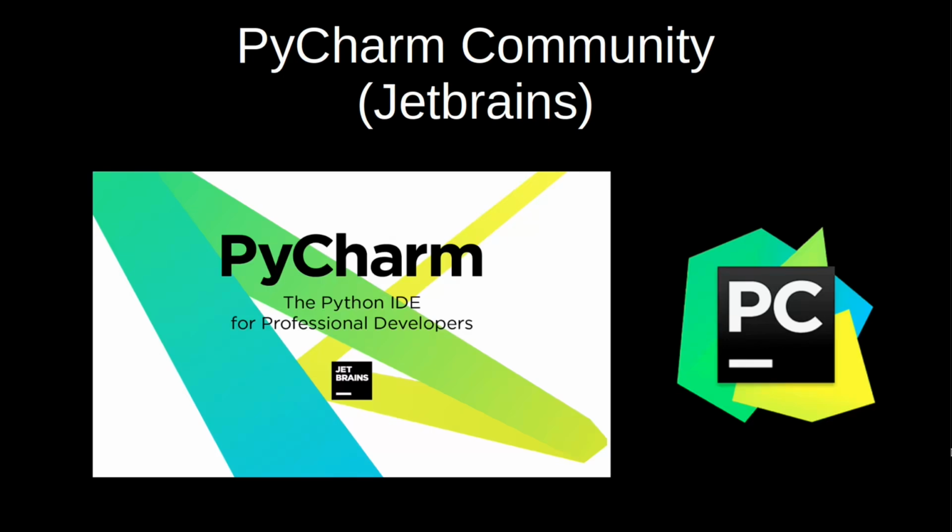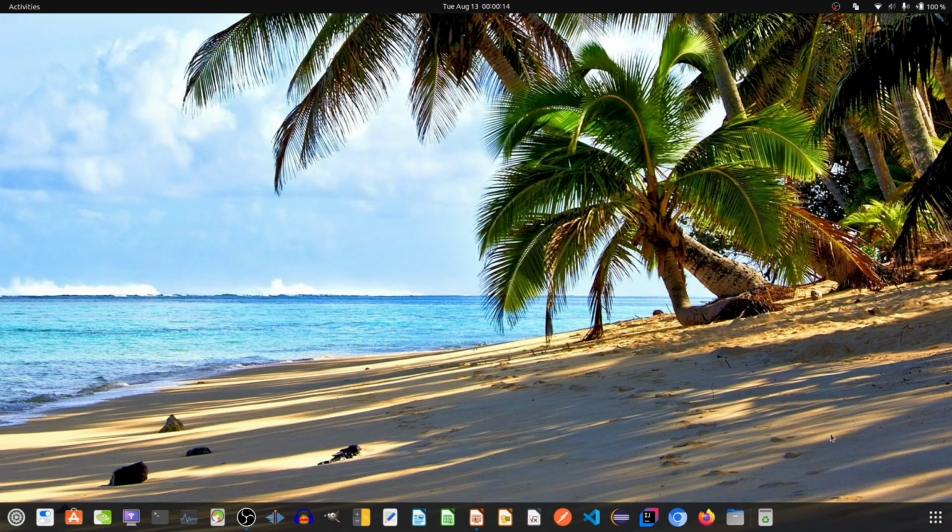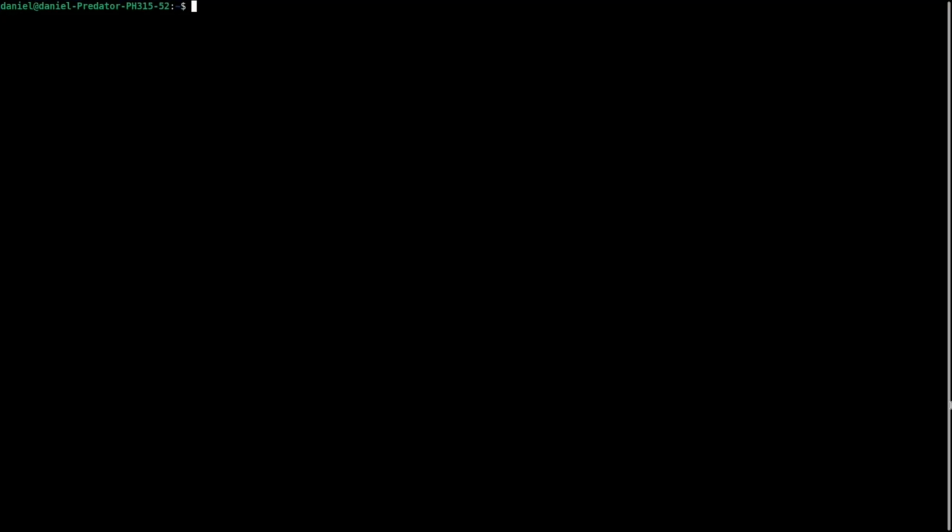So, and how to install PyCharm? Basically the same way we did for Visual Studio Code. If you go here, you can see that it's available at Snap servers. So if you look for Snap, find